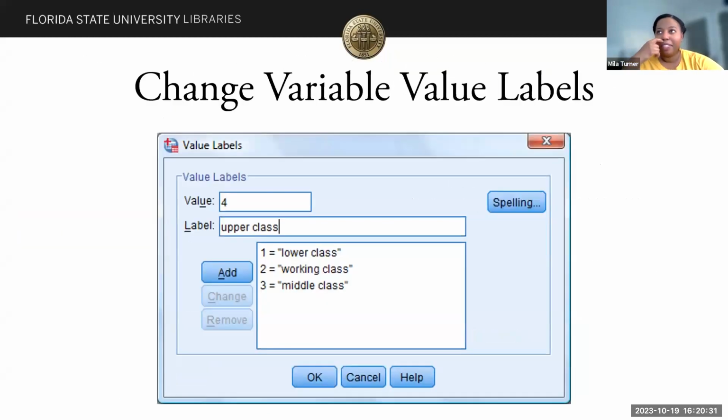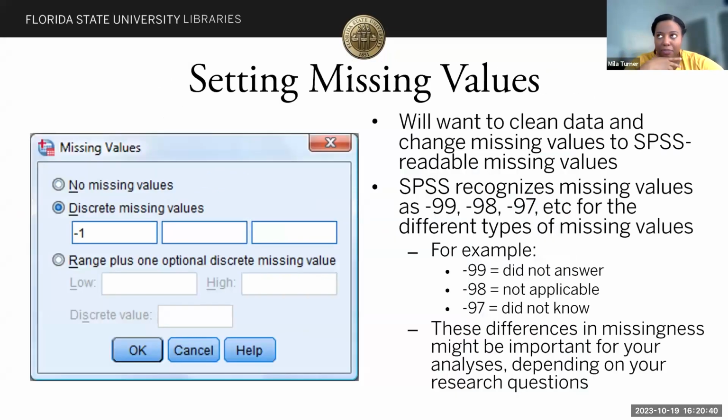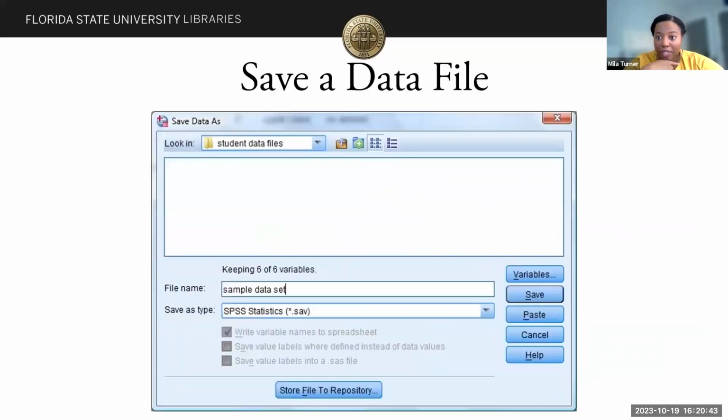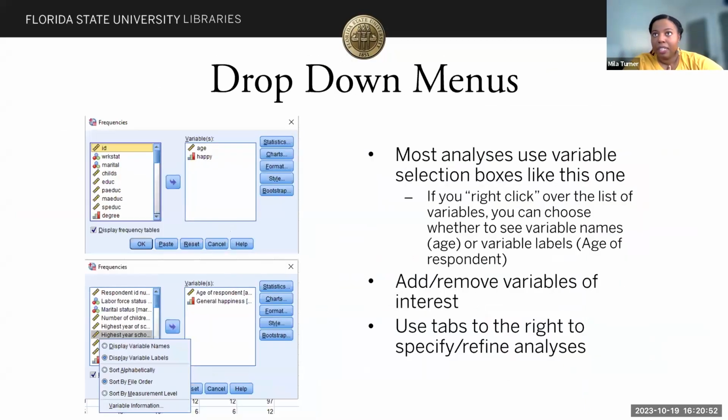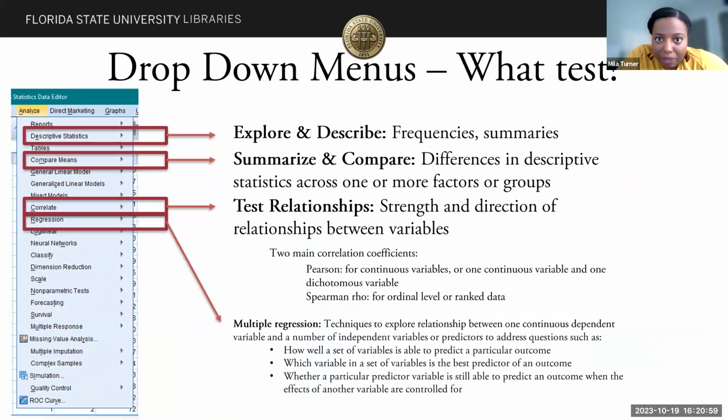I already talked about changing variables. I did talk about changing the values from the variable view. We talked about missing values. I guess I'll wait and talk about saving. I showed you the drop-down menus. I showed you how to start such an analysis. What else? So what we just did, we ran some very basic descriptive statistics